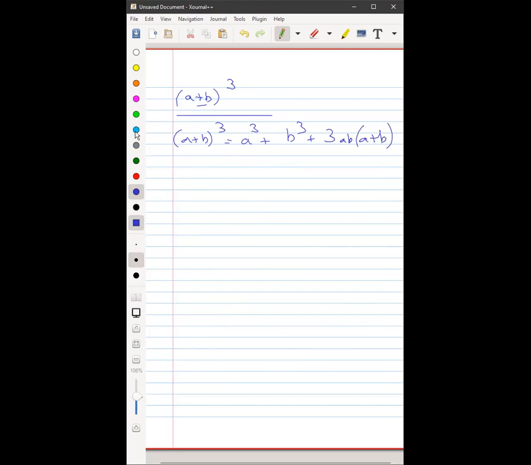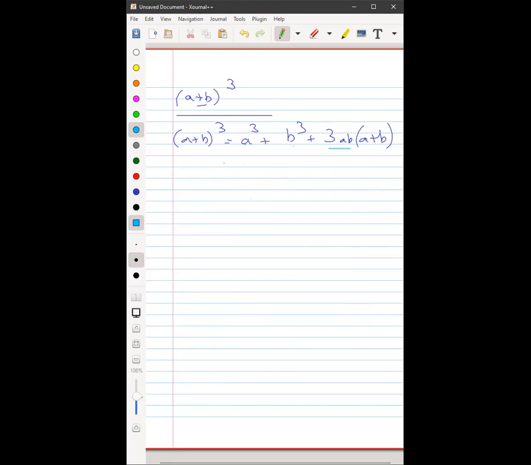Look here, now, what's an easy way to remember this? When we do (a plus b) squared, what do we do? We do a squared plus b squared plus 2ab, right? Instead of this, we're going to do a cubed, b cubed, and instead of 2ab, we're going to do 3ab into (a plus b). This is a hint for you to remember it, because (a plus b) squared we know by heart. So using that identity itself, you can give yourself a mental hint.